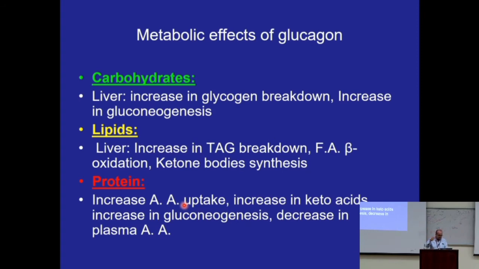Breakdown of muscle proteins gives you amino acids. Amino acids released in the bloodstream, picked up by the liver. So this is amino acids coming primarily from turnover of muscle proteins. Okay? And they are going to provide the carbon skeletons for gluconeogenesis. We talked about one of them, alanine can be released, goes to the liver, becomes pyruvate. Pyruvate can be used to make